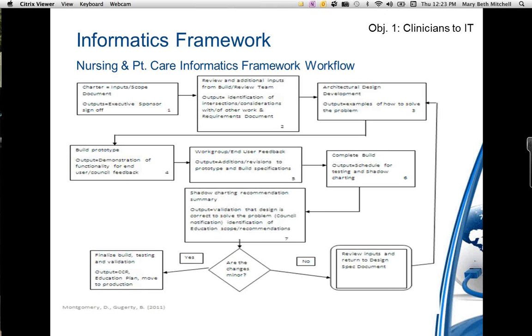So there is a lot of work in not only gathering the inputs, which is really done in our first step of the process, but to be able to really hand off a complete set of build requirements, which is our step 2 in our framework here, takes a tremendous amount of time, and really needing to document how the current state in our system might change with all the inputs that we have, and really trying to solve the problem. So once we do that handoff to our IT partners, then we begin to engage with them